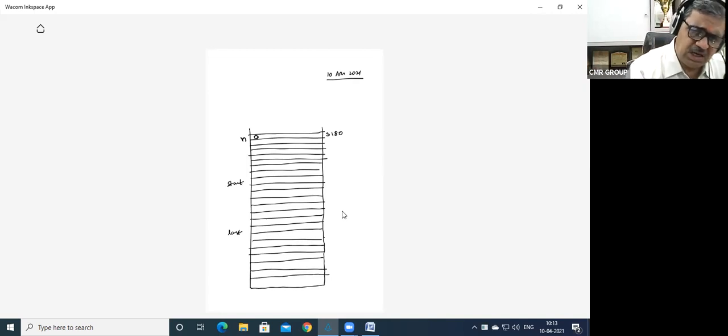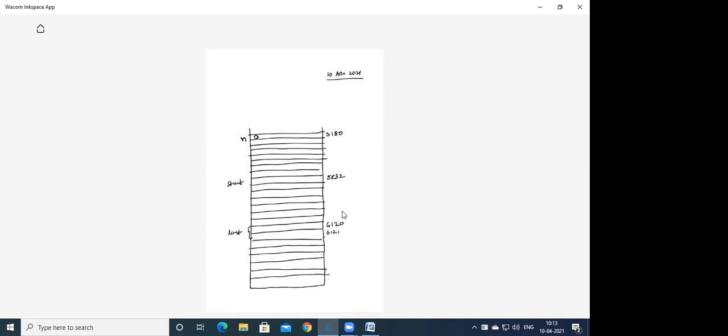Start, for example, is allocated at 5832, and last is located at, for example, 6120. Now tell me, last is going to take how many bytes? 2 bytes. 6120 and 6121, both are going to be occupied.